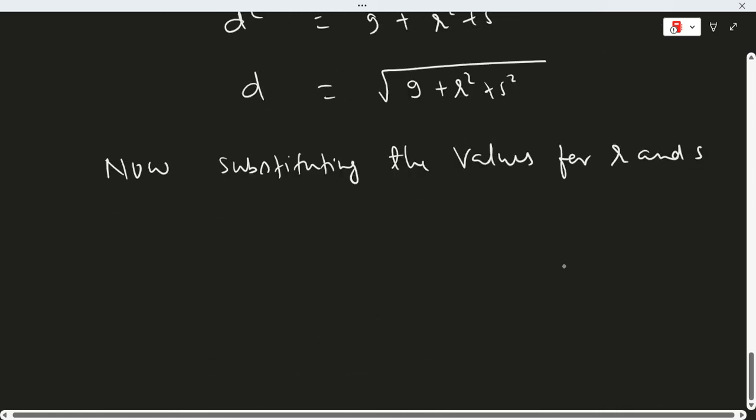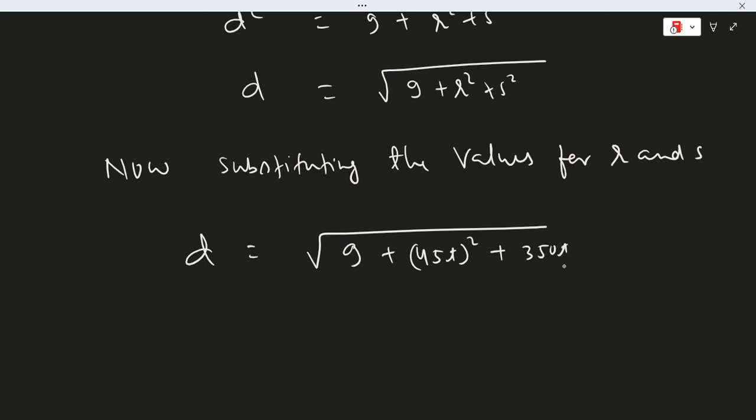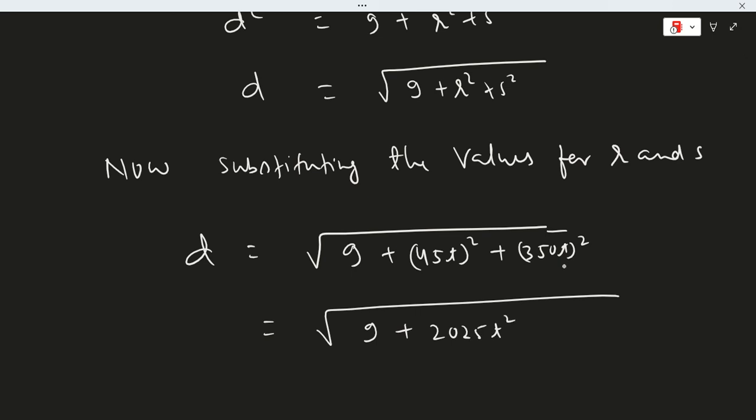Substituting these values, we have d equals the square root of 9 plus (45t) squared plus (350t) squared. And so finally we have 9 plus 2025 t squared plus